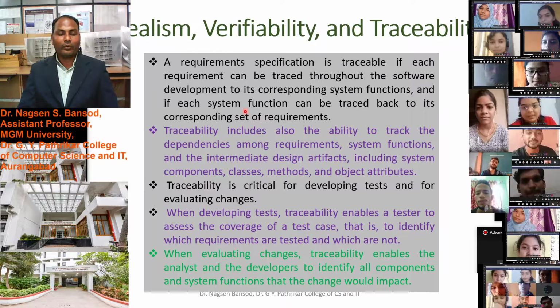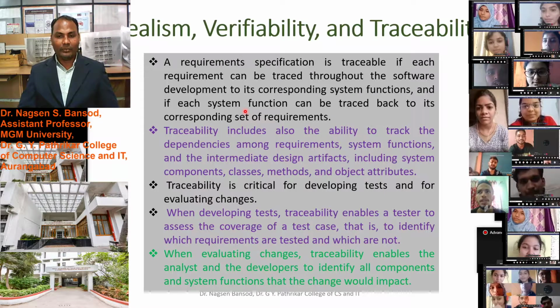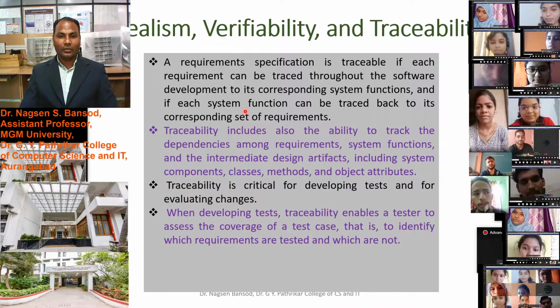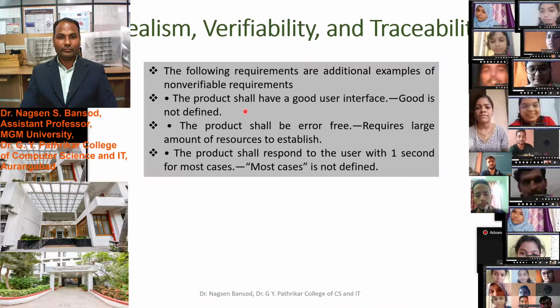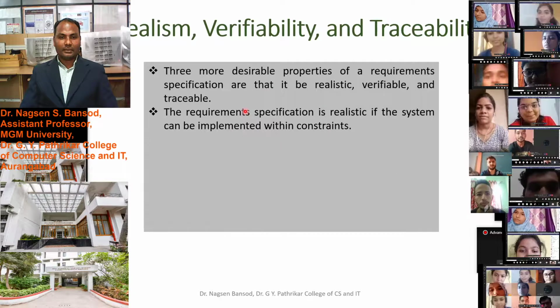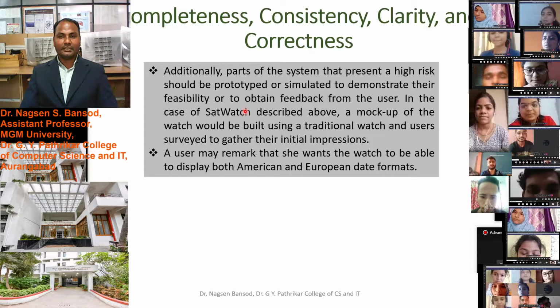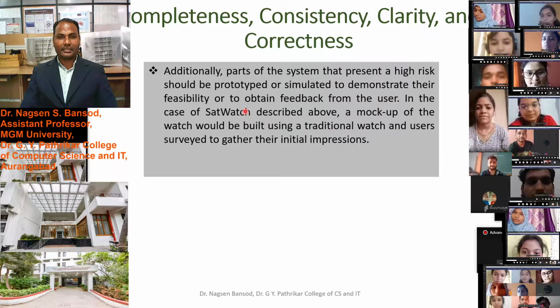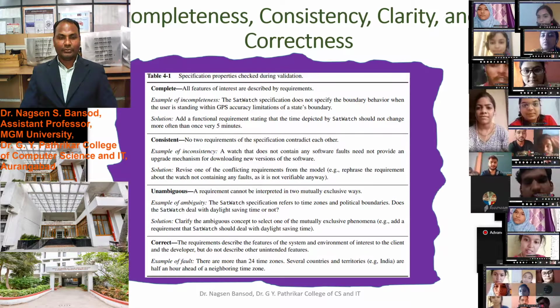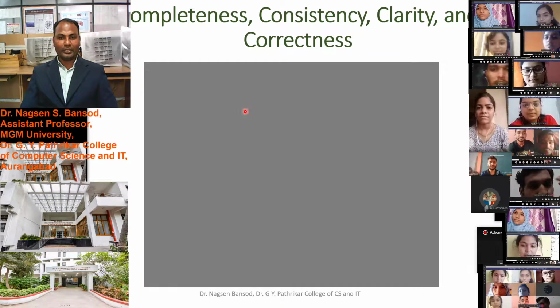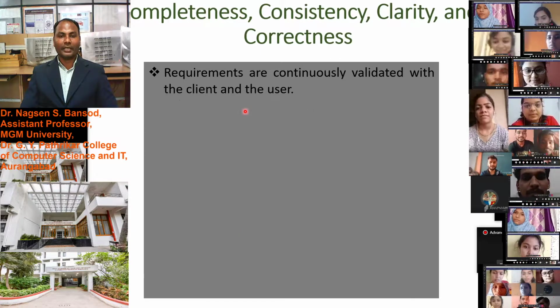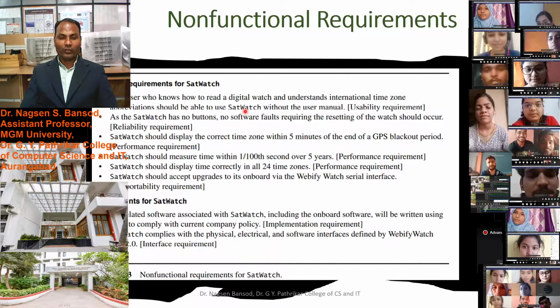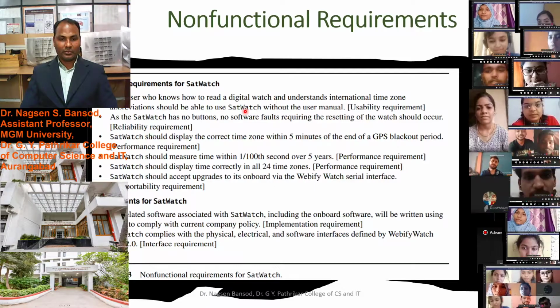If you have any problem regarding realism, verifiability and traceability, or completeness, consistency, clarity and correctness, you can ask me questions regarding these points. These are the software specification properties.